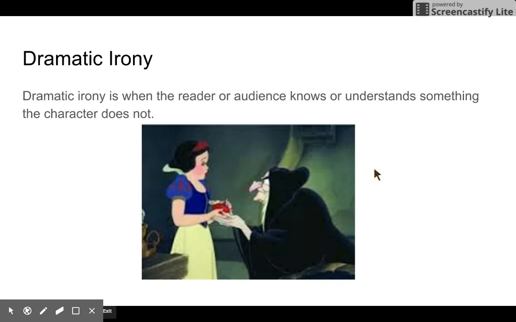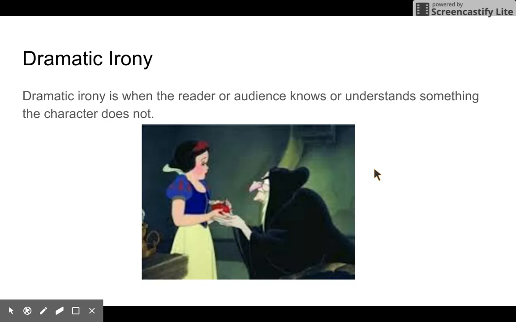This dramatic irony happens in every horror movie that I think you've seen, where the girl is sitting there and she's going to answer the door, or she's going to open the closet, or that something is lurking there waiting to get her, but she does not know that. And so she walks into that dangerous situation.